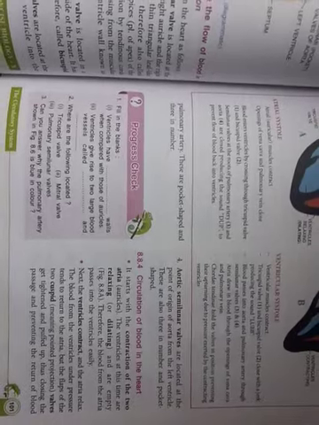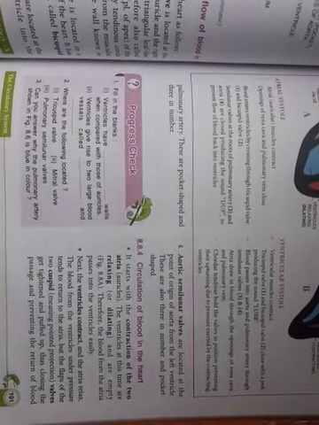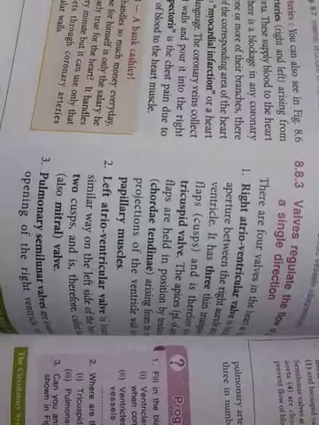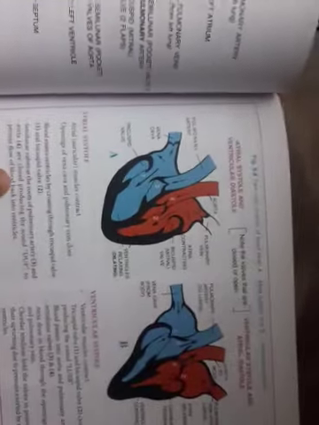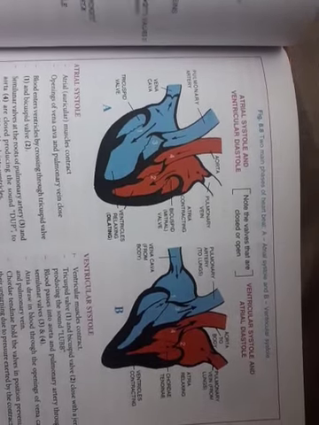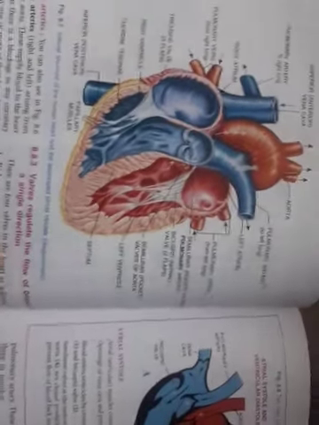Hello, dear children. Yesterday we completed the internal structure of the human heart, that is, the associated blood vessels as well as the different valves in it. And we saw the atrial and the ventricular systole as well as the diastole. Today we are going to focus on the circulation of the blood in the heart, then the pacemaker, then the heartbeat and the pulse.